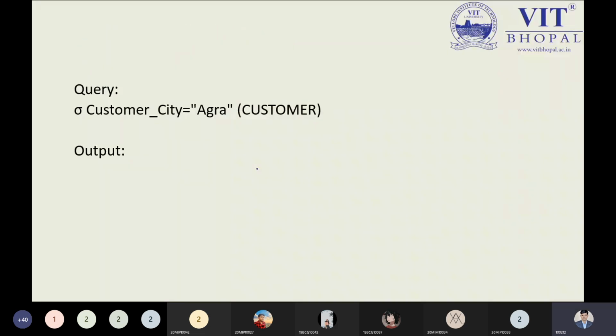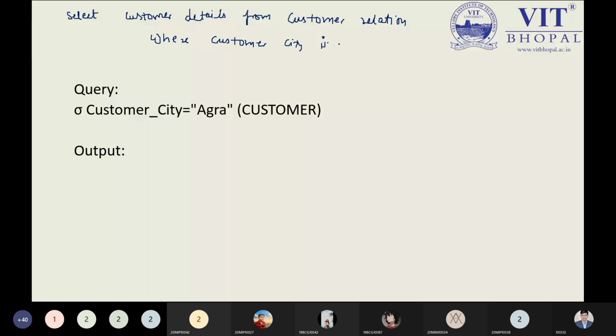In the examination, suppose I say: select customer detail from customer relation where customer city is Agra. This is the simple concept I am taking over here.